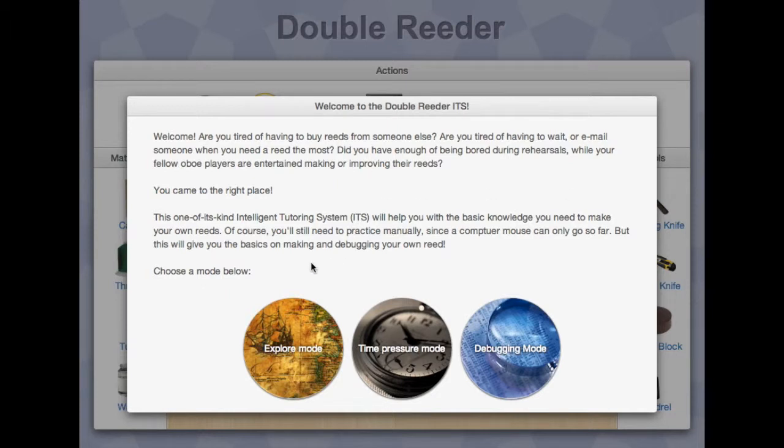First of all, the Double Reader has three modes: the explore mode, the time pressure mode, and the debugging mode. The explore mode lets the user freely explore the environment, trying to make a reed without any constraints. The time pressure mode puts a time constraint in there, where the student has to do the full reed before